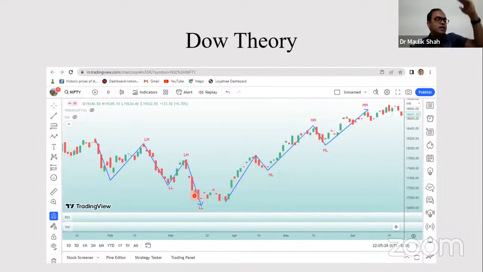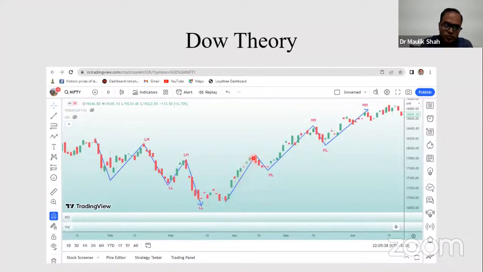We cannot sell high and buy low. We always buy low and sell high. So buying is our first arm, right? So this kind of chart we are not supposed to get into. Now, when Dow says,